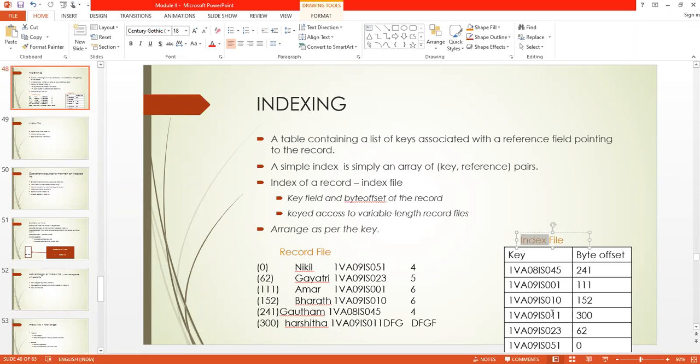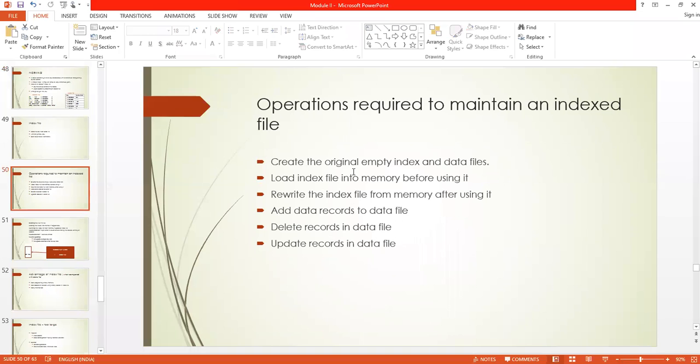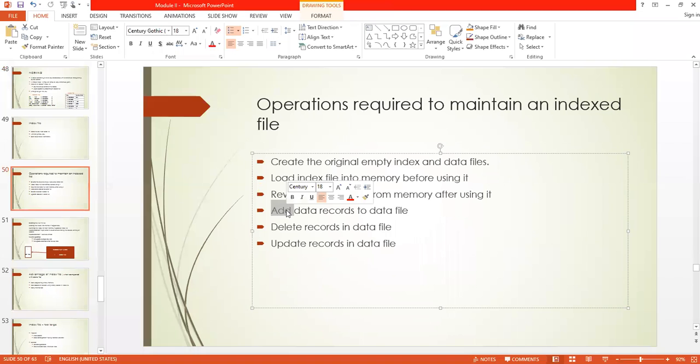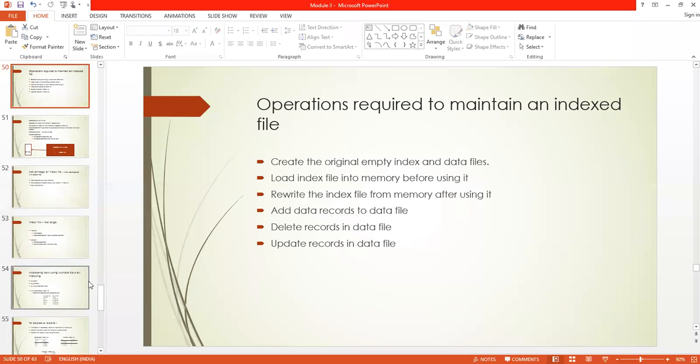Immediately the index file is copied to primary memory. Fine. In the previous class we had also seen the operations to maintain the index file: how the index file is maintained whenever a record is added, and what has to happen. There is shifting of records whenever records are deleted. Again, one space is created in the index file, so the records shift up. And updation of records: if there is any updation with respect to the key or other fields, what are the changes? We had seen those things.